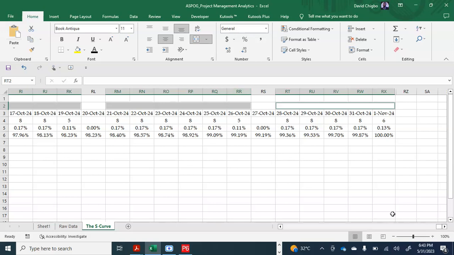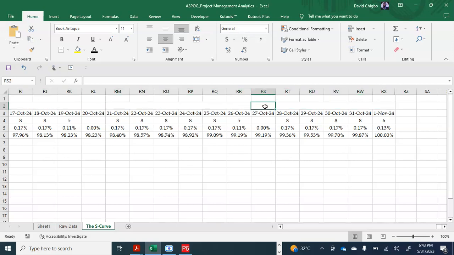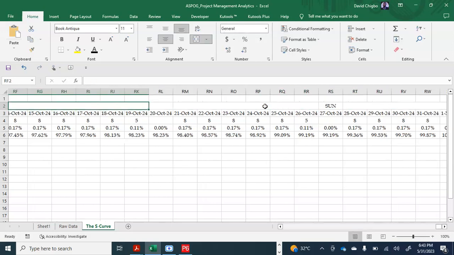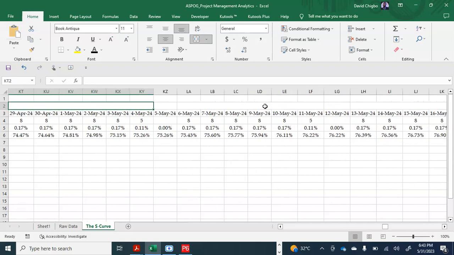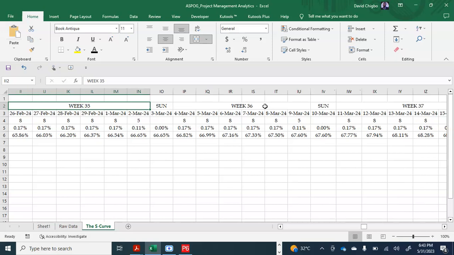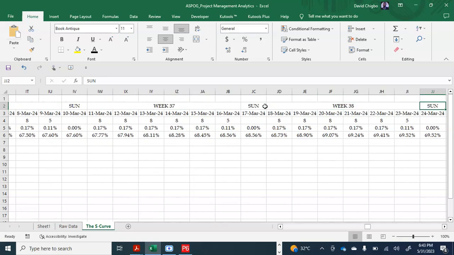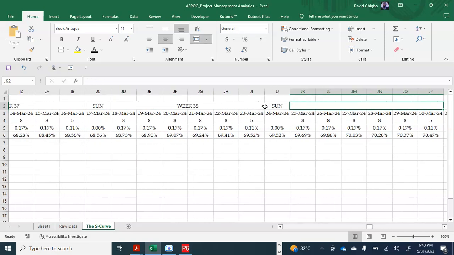So cut it. Sunday. Where did we stop? Week what? All right. So week 38, week